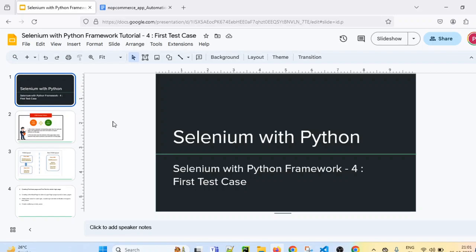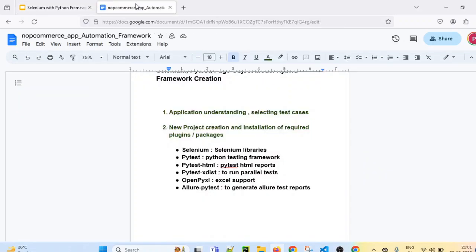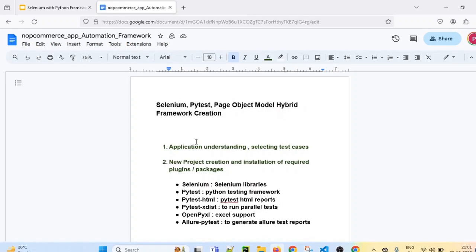So far in previous sessions, we have started with framework creation. In the first session, we went through the application understanding and selected the test cases which we want to automate. Then in the second session, we created a new project and installed the required packages.